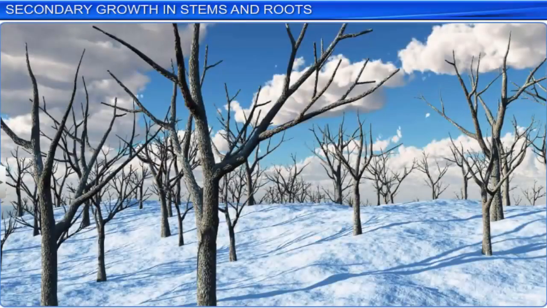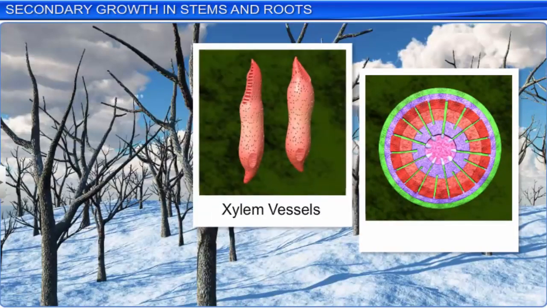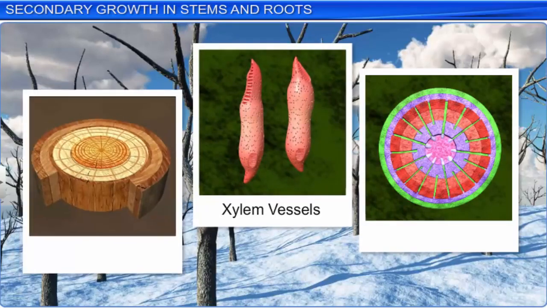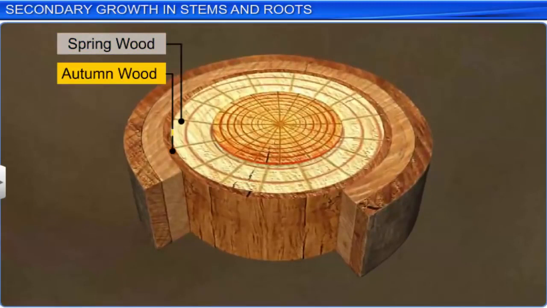On the other hand, during winter, the cambium is less active. Hence, it forms fewer xylary elements with narrow vessels. Wood formed during autumn is called autumn wood or late wood. Spring wood is lighter in color and has a lower density, whereas autumn wood is darker with a higher density. These two types of wood appear as two concentric circles on the trunk and together represent the annual ring.